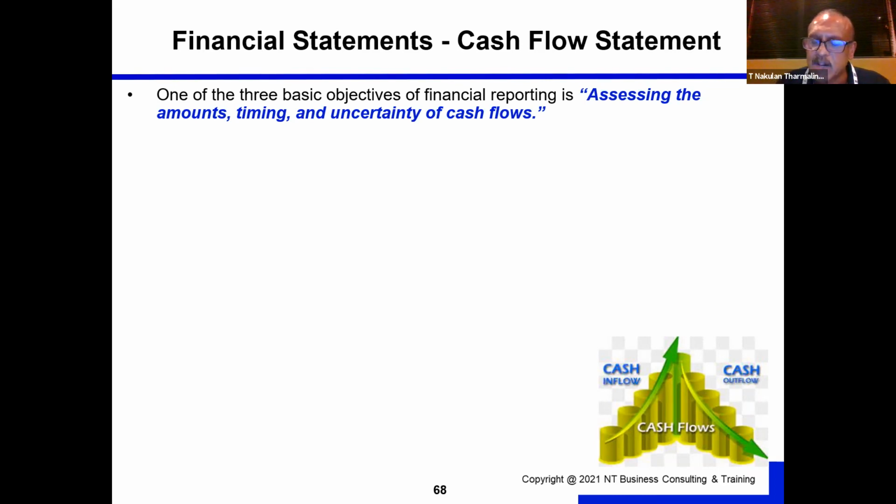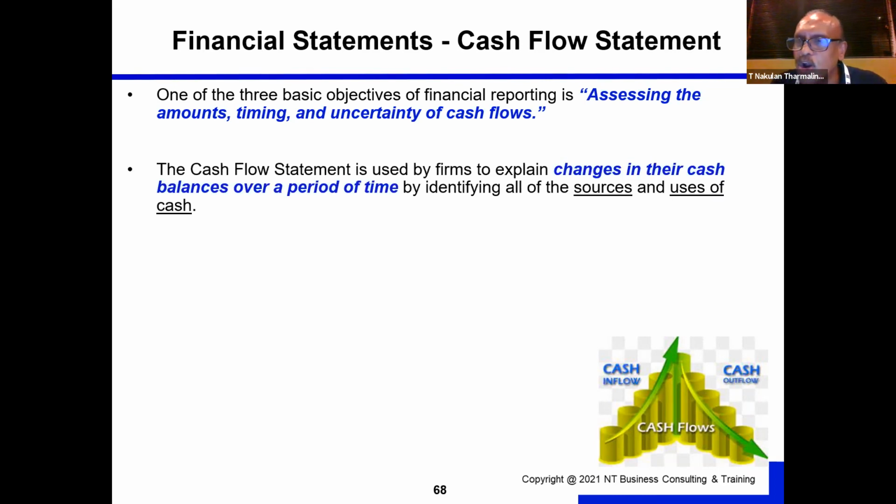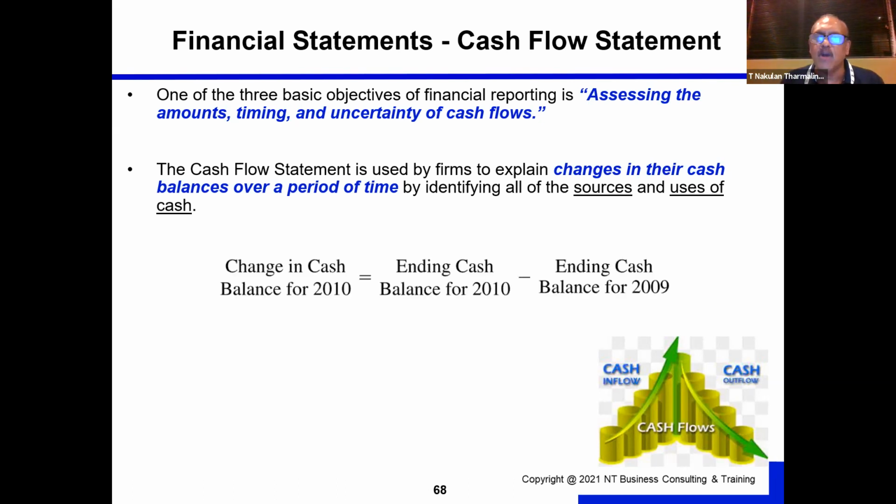So the question you ask yourself sometimes is, why is it that I got a lot of profits, but I don't have money in the bank? Probably your collection period is 70 or 100 days. Your client is not paying you, but you recognize it as income in your P&L. On top of it, you've taken some of your money and bought a lot of fixed assets. You bought a motor car and all, so your bank is at a deficit at the moment, despite the fact you have made profits. So a cash flow statement will tell you what has really happened to your money